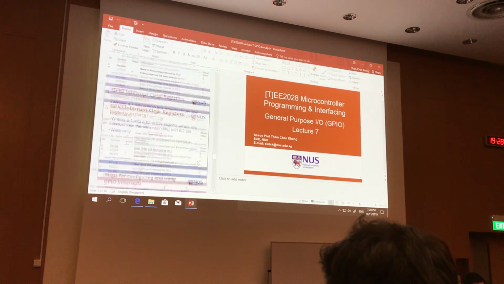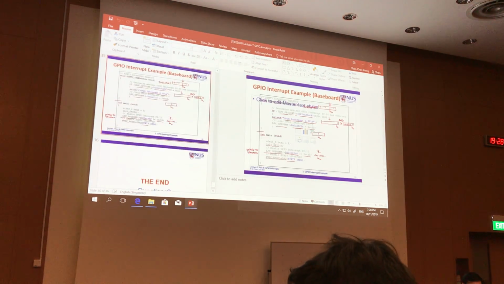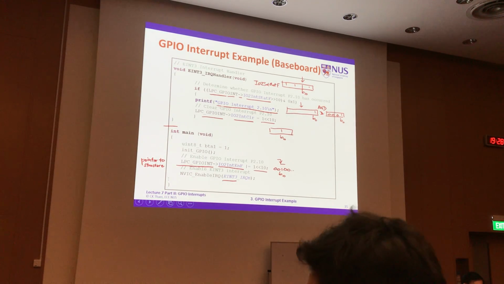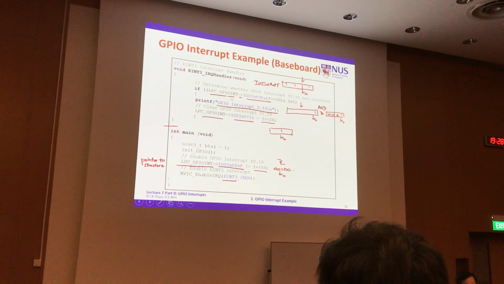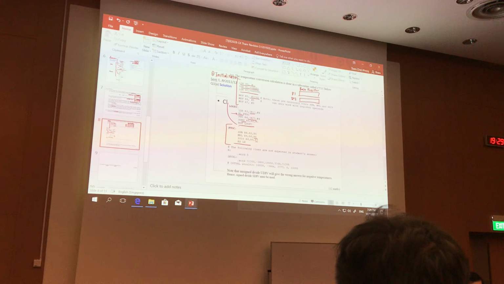So anyway, here you will notice that whenever we have interrupt, we have used this pointer to the GPIO structure. Then we have the right arrow, and then these are the members of the GPIO structure. Right? So if you look at LPC 17xx.h, you see all the structures defined. Okay, in the last couple of minutes, I'll just sort of show you